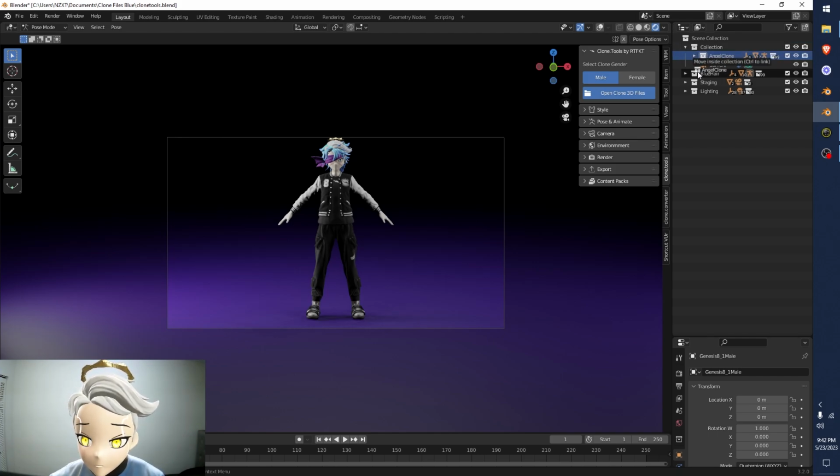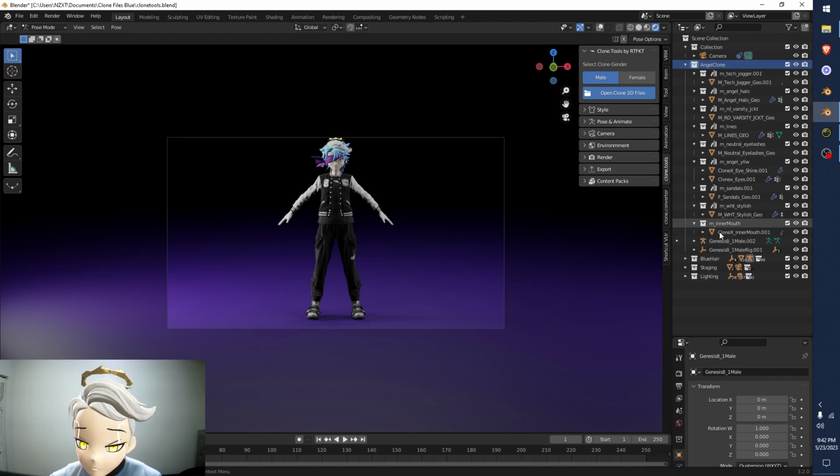You can even pull it out if you want to. You see how there's that black line? That's how we can get it out of this collection folder. This one has a camera in it, that's why. Now I have the Angel clone and the Blue Hair clone in the same scene, and we can easily just